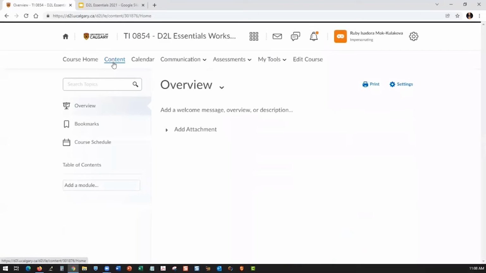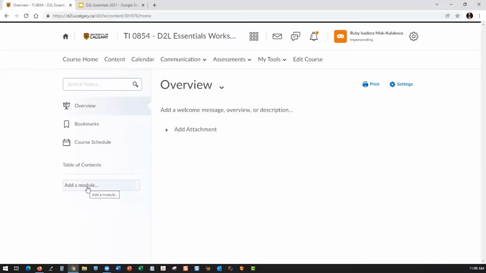The first time you go to content, you'll probably see the overview section. Instructors can put a welcome message or the course outline there, but I think a lot of times this section is missed. So even if you decide to put the course outline there, it's always good to put it again in the table of contents under the content area. For any content or files that you want to upload to the course, you go to table